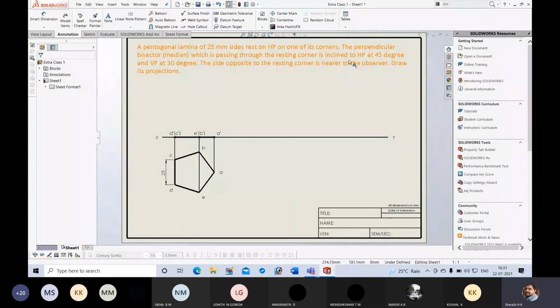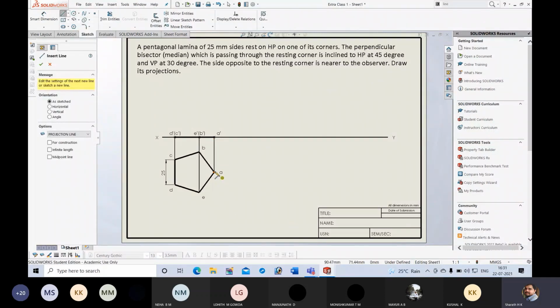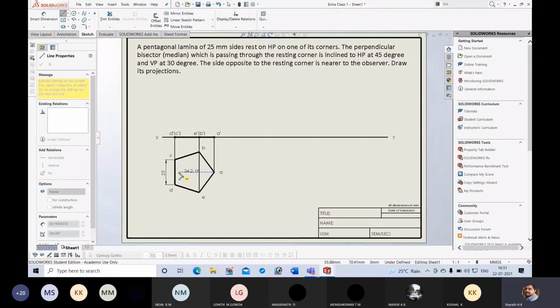Next, in the second front view, I should draw this first front view in a different orientation. The condition given is: pentagonal lamina of 25 mm sides rests on HP on one of its corners. The perpendicular bisector passing through the resting corner is inclined to HP at 45 degrees and VP at 30 degrees. If I draw a horizontal line passing through this corner A, this itself is the perpendicular bisector.